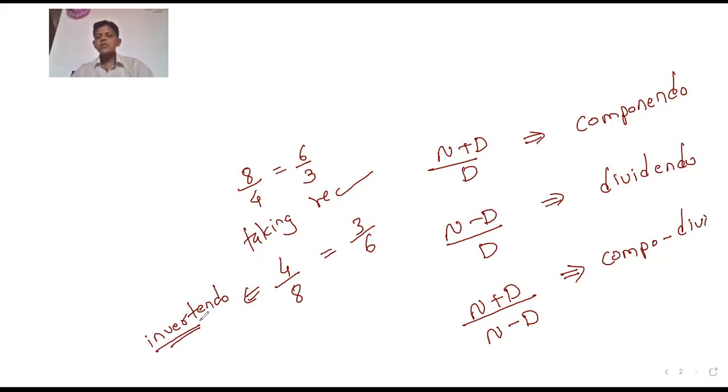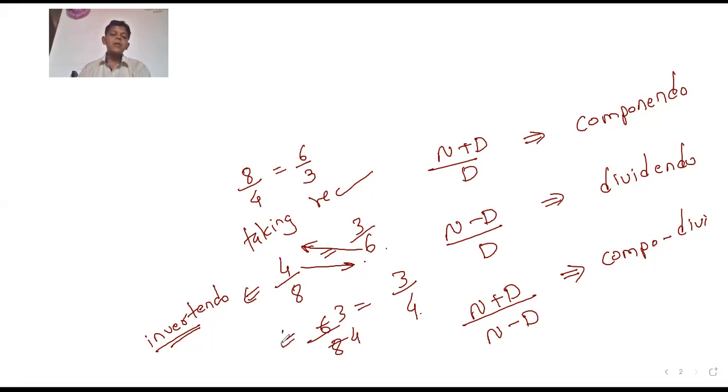Any difficulty about these words: componendo, dividendo, and invertendo? Now see, children, if I take 4 here, can I transpose 6 here? So see what I'm getting: 6 upon 8 is equal to 3 upon 4. Is it? 2 3s and 2 4s. Numerator goes to the right hand side and becomes the denominator. Denominator comes to the left hand side and becomes the numerator. This process in our state board books, they call it as alternando.